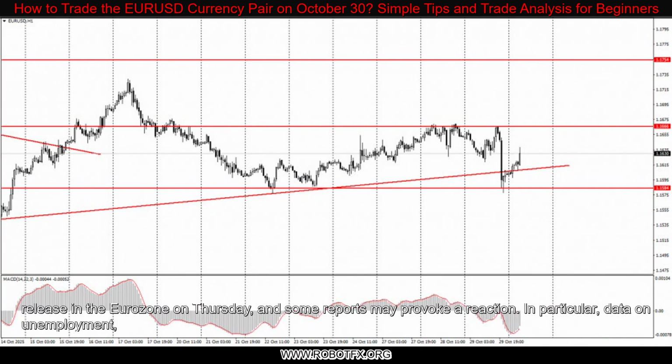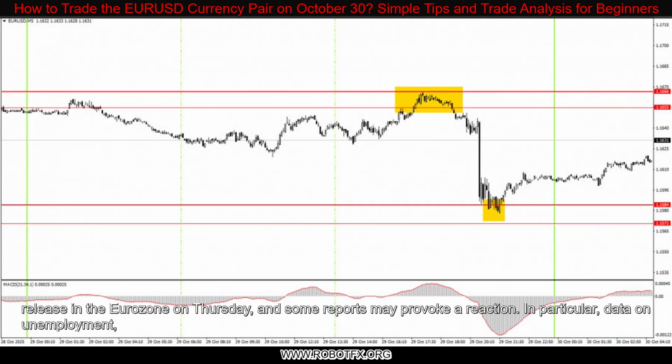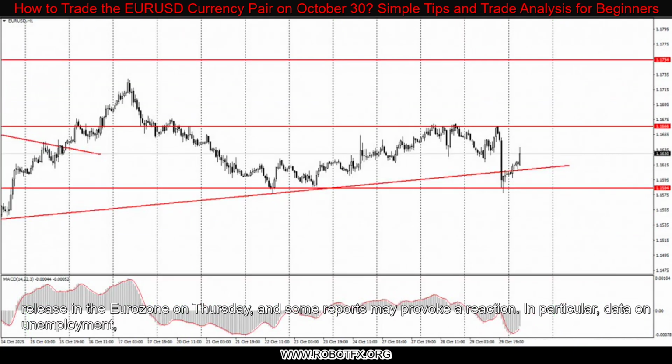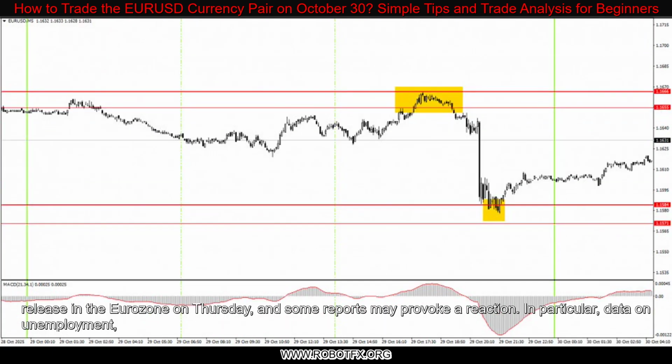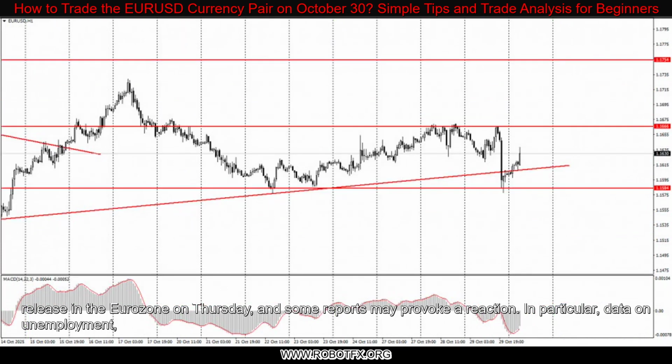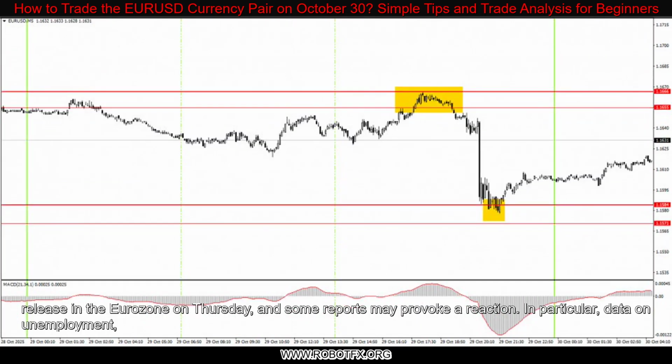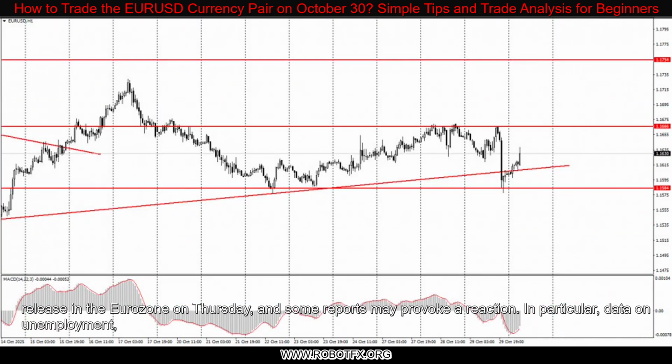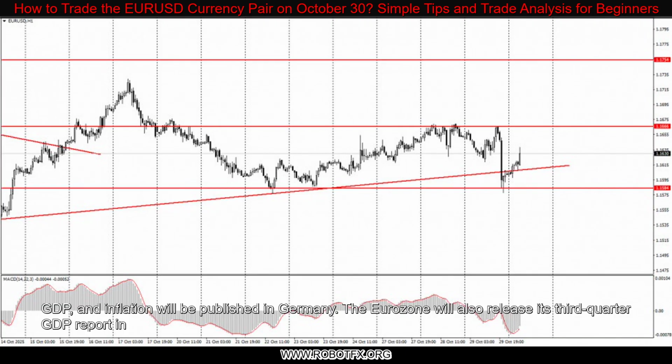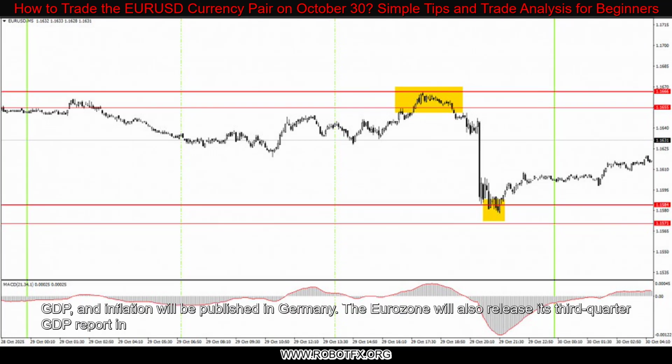On the 5-minute time frame, levels to consider are 1.1354-1.1363, 1.1413, 1.1455-1.1474, 1.1527, 1.1571-1.1584, 1.1655-1.1666, 1.1745-1.1754, 1.1808, 1.1851, 1.1908, 1.1970-1.1988. A complete package of macroeconomic reports is scheduled for release in the Eurozone on Thursday, and some reports may